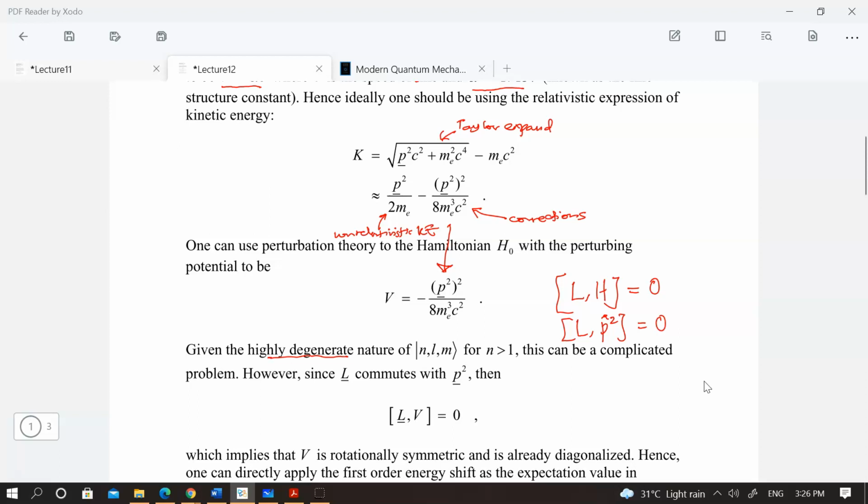You can actually prove this one directly. The only thing we need to worry about inside this Hamiltonian is whether the potential commutes with the angular momentum. But the potential, you remember, has e r, which doesn't depend on any particular direction apart from the radius between the nucleus and the electron. So in that particular case, you also have L and V to be